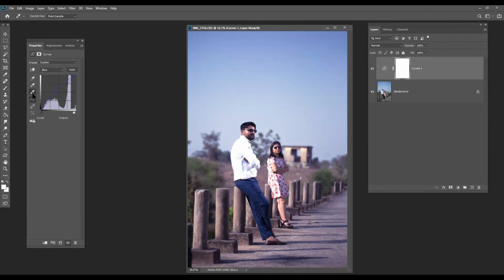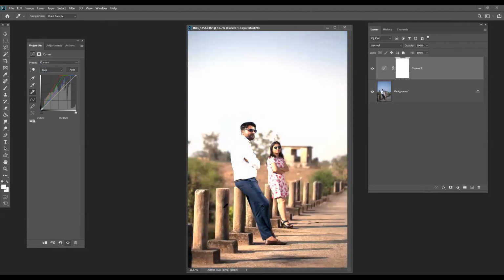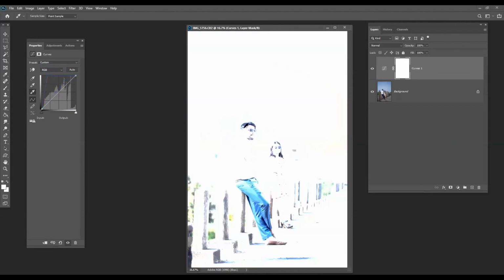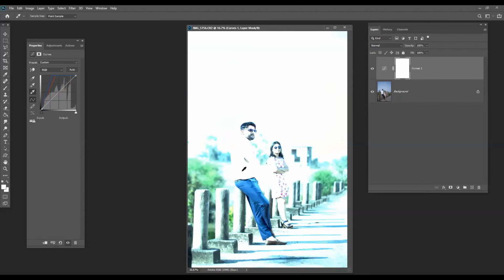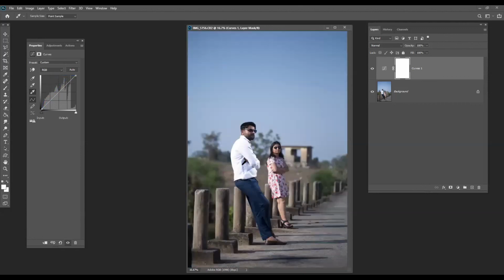And with the white point also, you will see a drastic change in the areas. RGB, you have to keep it in the RGB segment. In the white point, the more you go towards the darker areas, the brighter the image.